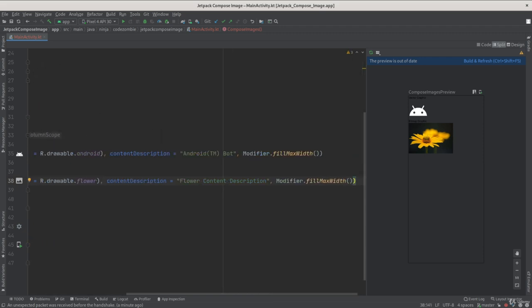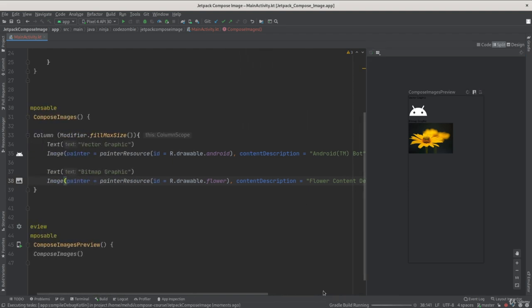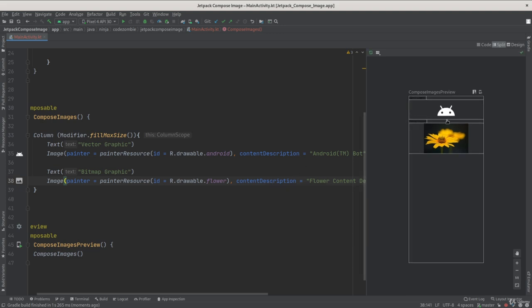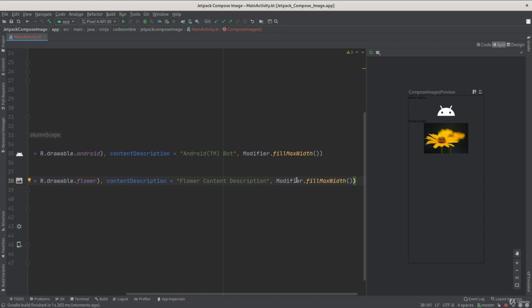Okay, let's refresh our preview and see what we have. You can play around with these composables and add different modifiers like borders and so on and so forth. There we go. As you can see, now we have the maximum width. We can also change their height if we wish to. And one other thing that we might want to do for our images that we display is changing their content